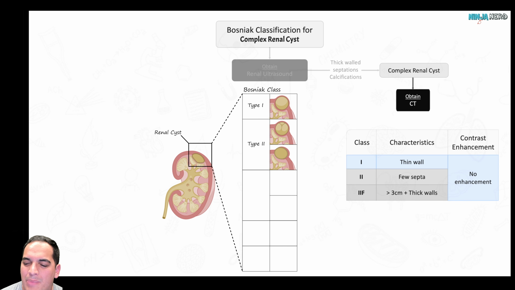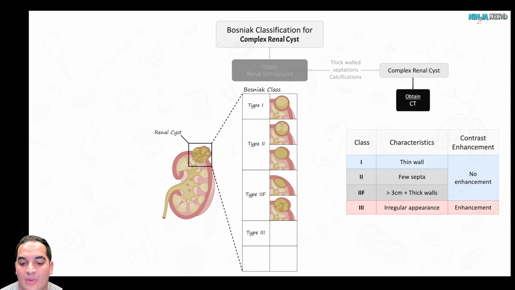If it's a little bit bigger, a little bit thicker walled though, and I do see some septa in it, I'd be a little bit more concerned that I may want follow-up imaging, maybe in a couple months or a year. If I see this thing as thick as heck,